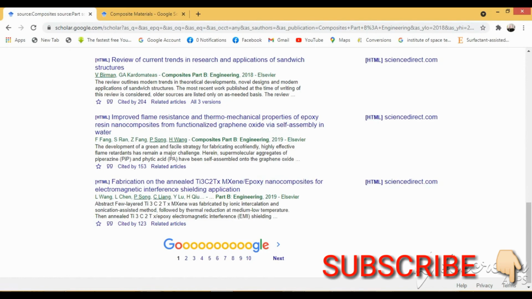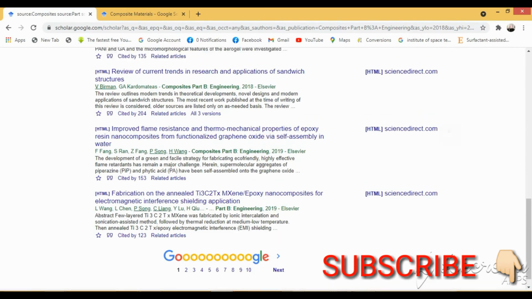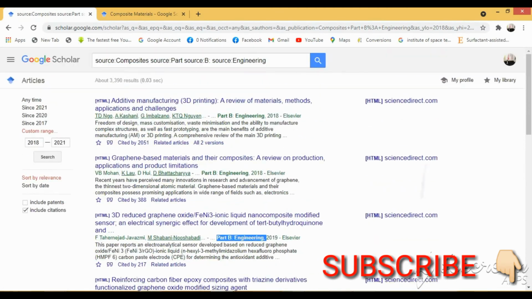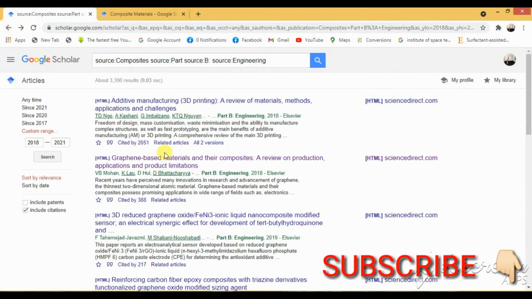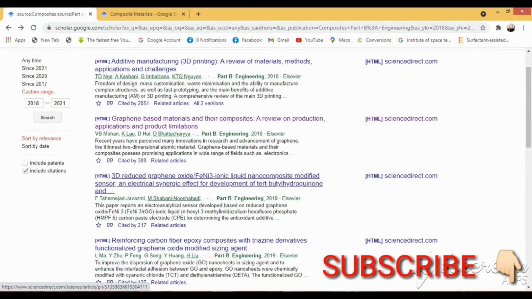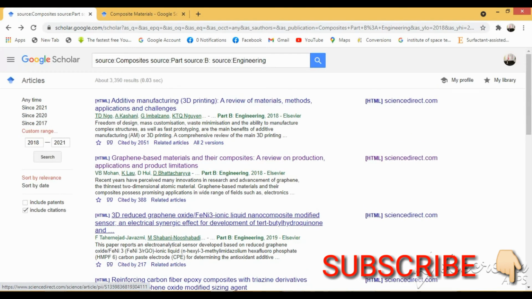So this is the nanocomposite electromagnetism. Here: graphene based materials and their composites, a review on production, application and product limitation. Then I have selected. So first go back. You can make more precise research article selections from the related articles.